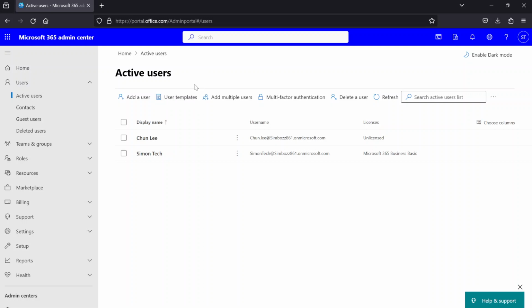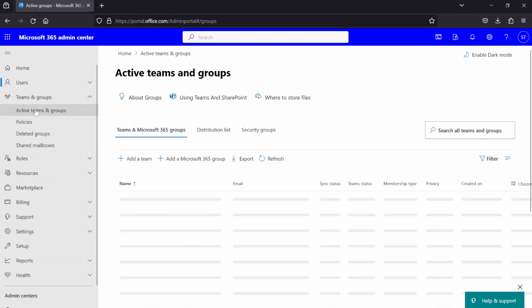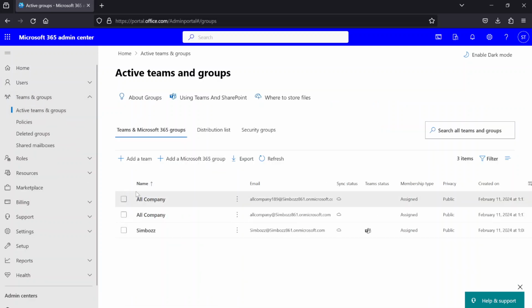You just specify everything you want to have pre-filled out in the user templates, and that's basically the easiest way of doing that. Next up, we have teams and groups. Now, under teams and groups, there are already three general ones